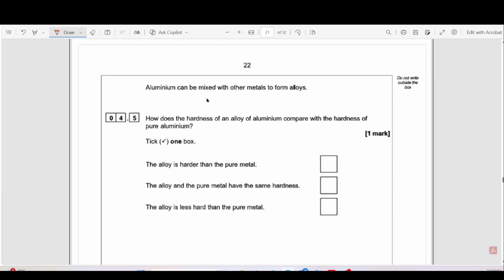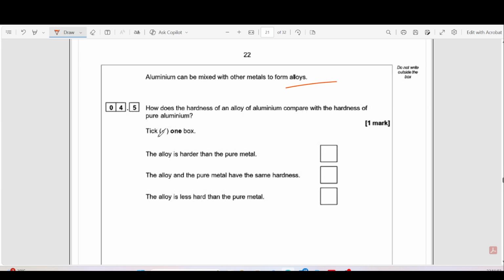And after this we have this question. Aluminum can be mixed with other metals to form alloys, right? How does the hardness of an alloy of aluminum compare with the hardness of pure aluminum? Tick one box. The alloy is harder than the pure metal, because in pure aluminum all of the atoms are the same size, and they are arranged in very regular, neat layers. These layers can easily slide over one another when force is applied, which makes the metal relatively soft